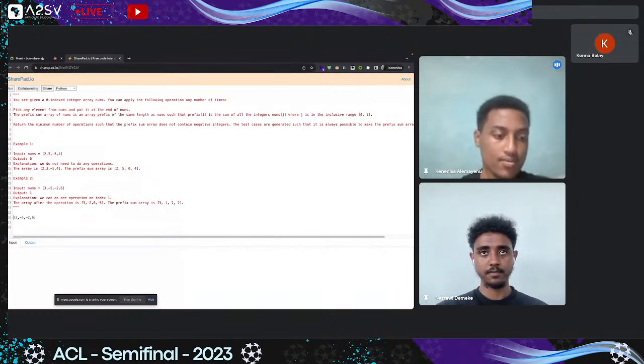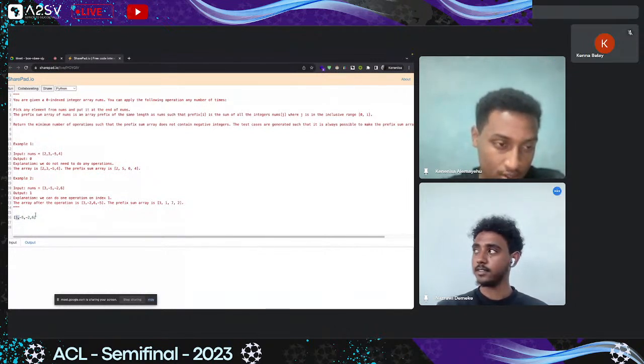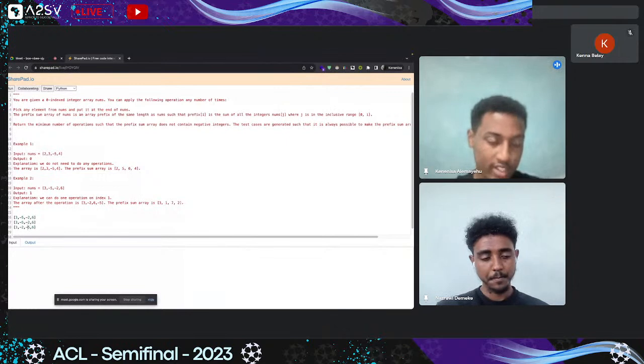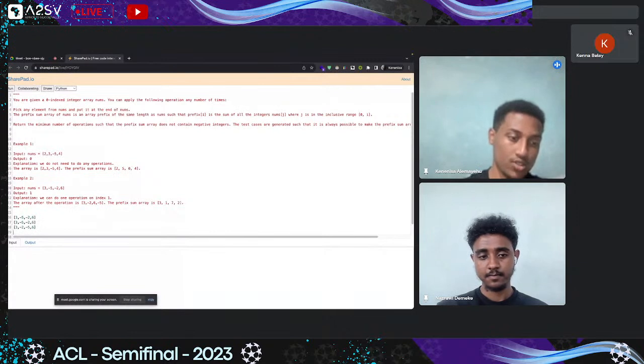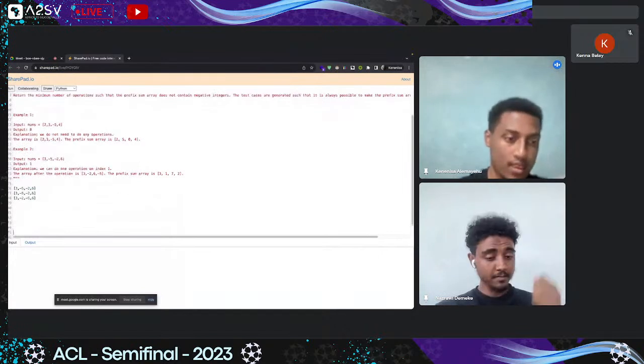Okay, because it's a prefix sum array, the left numbers will always affect the right numbers. Right? So for example, if the least negative number is on this side and not on the right side, what would be a good solution for this? Okay, so this will generate a negative number, right? So if we do the prefix sum array here, we would have